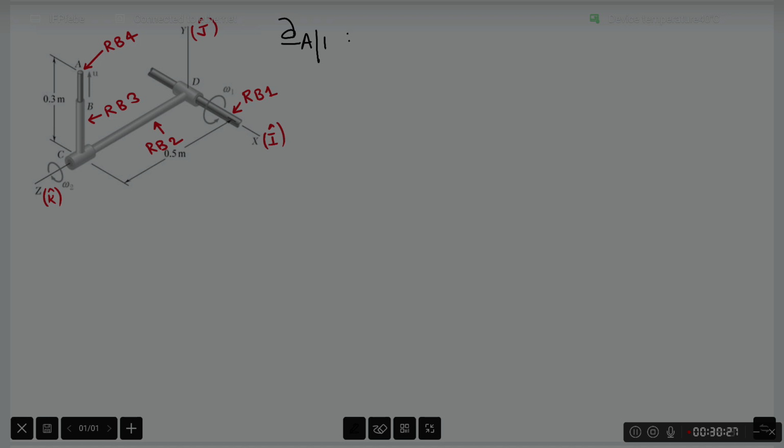So my first choice of IF, like last time, is going to be RB3, and my IP is going to be chosen as point C. Accordingly, I can express AA1 as